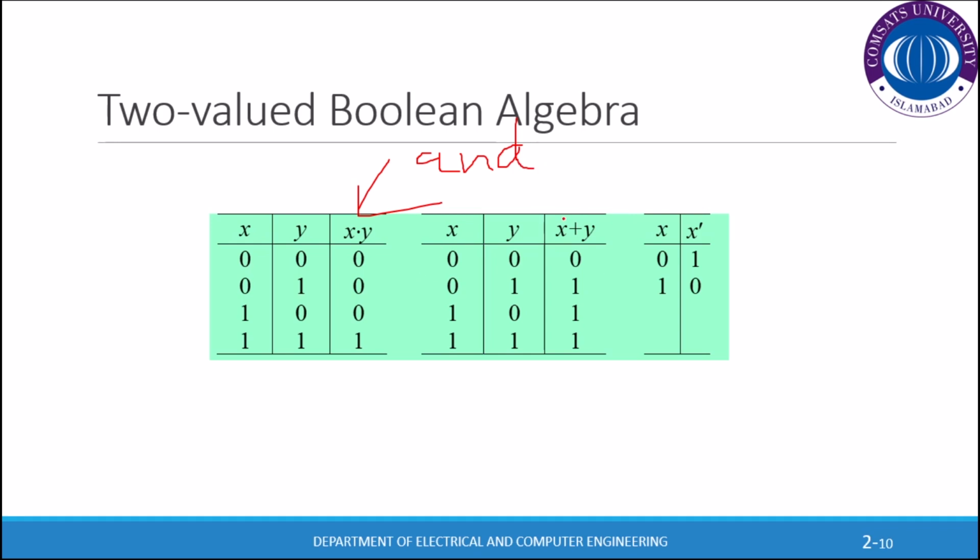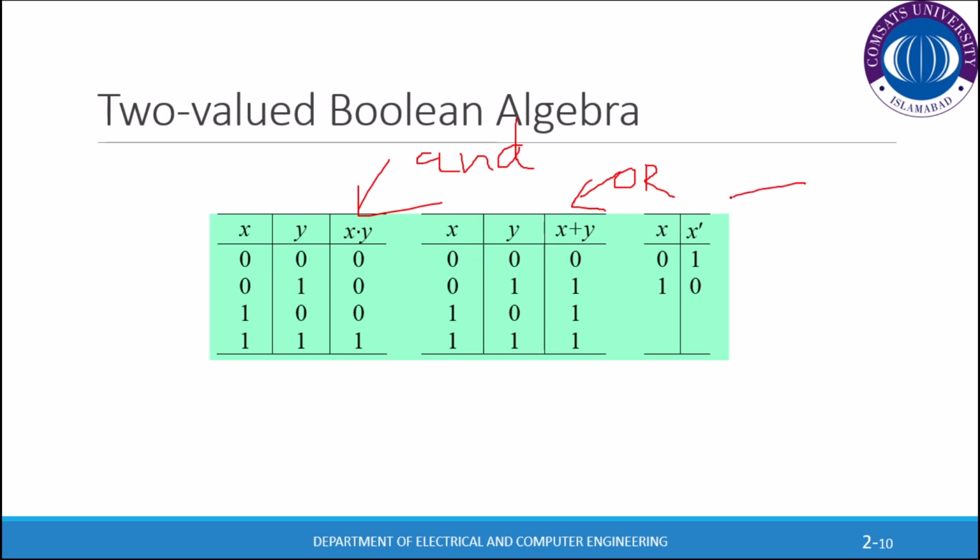Now this here, again we'll apply the operator plus. Same process: we'll make a truth table and write all possible combinations of the inputs. Both of them can be 0, one of them can be 0, and both of them can be 1. So in plus, or an OR gate, if any one of the inputs is 1, we'll get output 1. If both of them are 0, we'll get a 0.